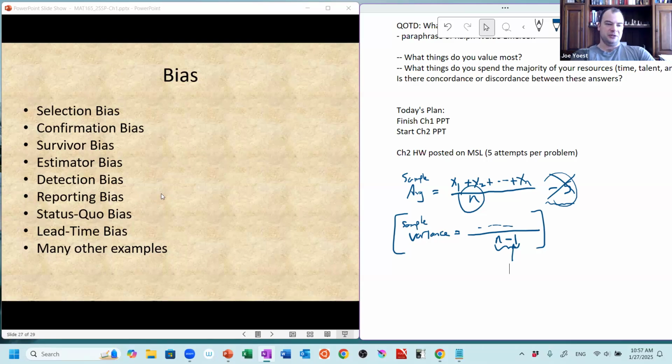Reporting bias is another one to always keep in the back of your mind. If somebody makes a discovery, what's their incentive, right? In some areas, like say finance, if you figure out a way to make money in the market, it doesn't make a lot of sense for you to publish it, because by keeping it secret, you can use it and make money. If you publish it and let everybody know about the idea, then it loses all of its value, right? If everybody knows about it, everybody's going to try to do it, and you can't have everybody get rich at the same time. Obviously, that just doesn't work. So you lose your